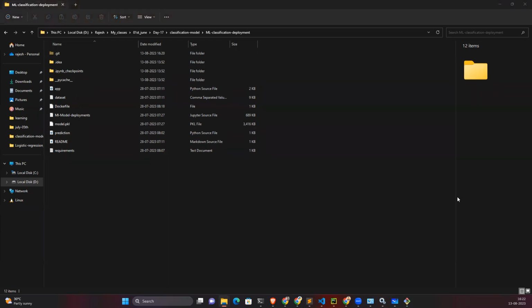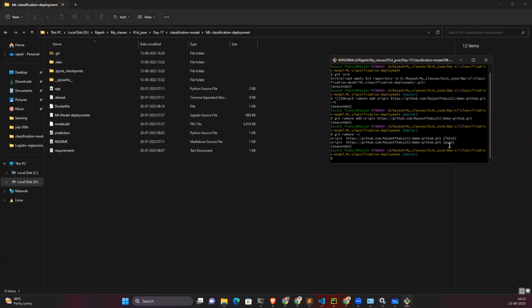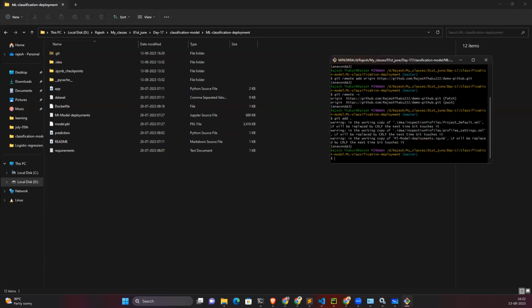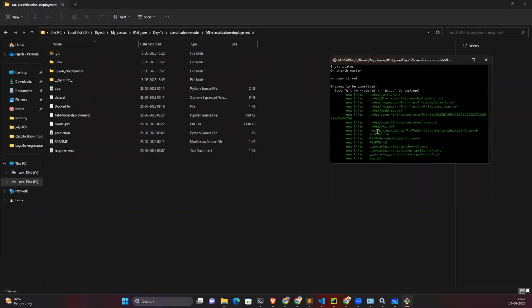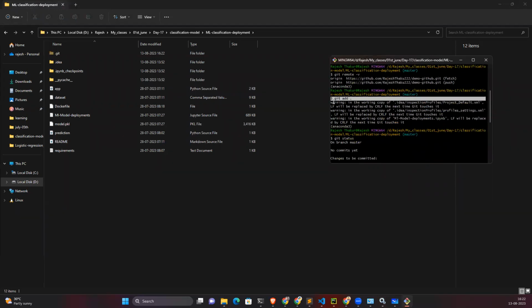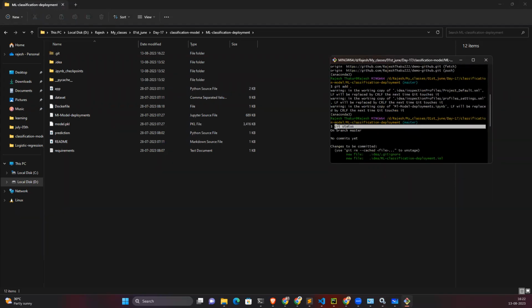Now we are going to add all the files inside my git. So git add, here you can pass the file name, whatever file or folder you have to add, or else if you have to add all the files, then press dot, and it will add all the files. Okay, before that, run this command, git status. Before executing git add dot, just run git status. Please run this git status.